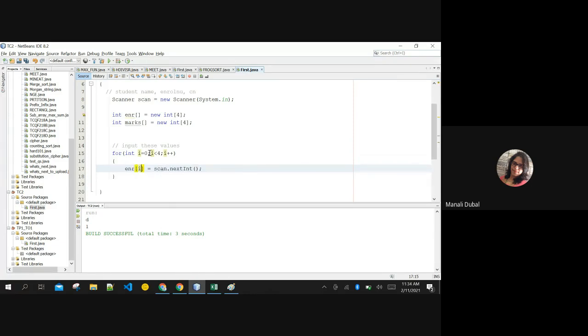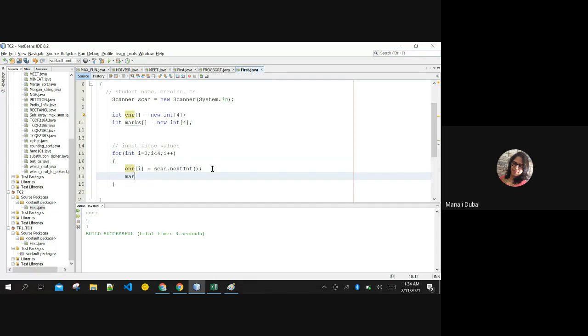And to input the first record, whatever numbered record I'm inputting, I'll put it inside here. Why? Because first it is 0. So it inputs the first record. Then it increments itself by 1. And now it inputs another record, the second record. Increment by 1, third record. Are you getting it? The loop runs automatically and inputs the records.